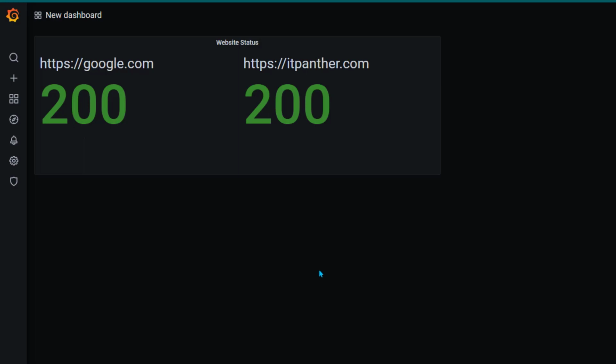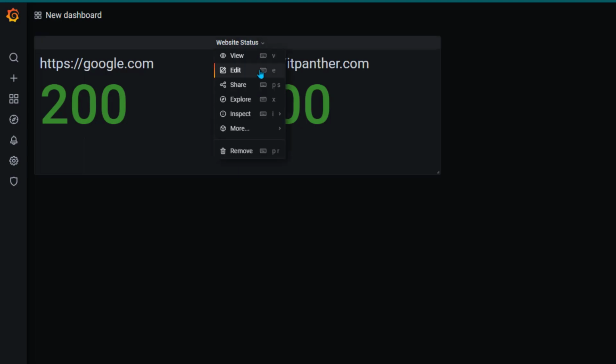Now notice one thing, that if this dashboard is being monitored by a technical guy, then they may be able to understand everything based on this response code number. But let's say you want to show up or down, you don't want to show these values, you want to show whether the website is up or whether it is down. So if you get response code of 200, you want to say it is up. If you get any other response code, you want to say that website is down. So in that case we need to do